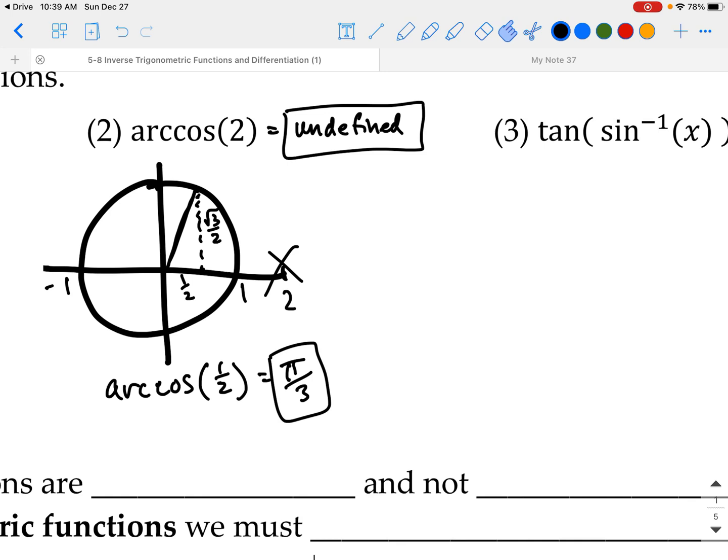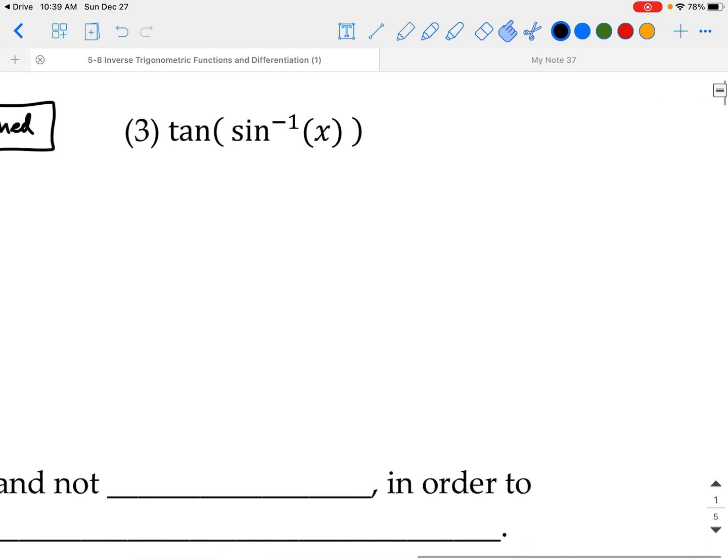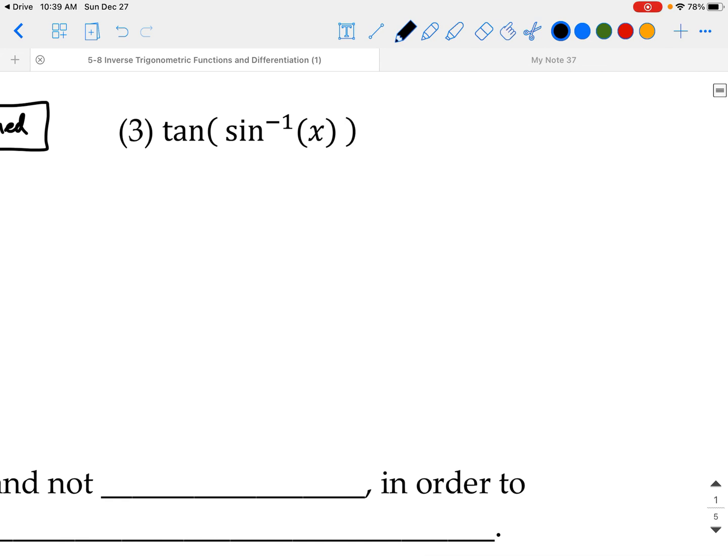So unit circle stuff is going to be very useful, especially in example 3, because in example 3, we've got an actual undefined value. We've got x. So for these, you always want to start inside and then work your way outside. So we'll start with sine inverse of x. So this is an angle measure. Note theta is an angle on our unit circle. So let's draw in a little slope triangle. We've got theta there, and the ratio for sine is opposite over hypotenuse. So that means our opposite side is x, and our hypotenuse, of course, is 1,